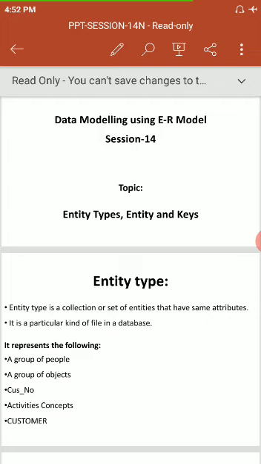It is a collection or set of entities that have the same attributes. It is a particular kind of file in a database. It represents the following. First one, a group of people. Second one, a group of objects. Third one, activities. Fourth one, concepts.